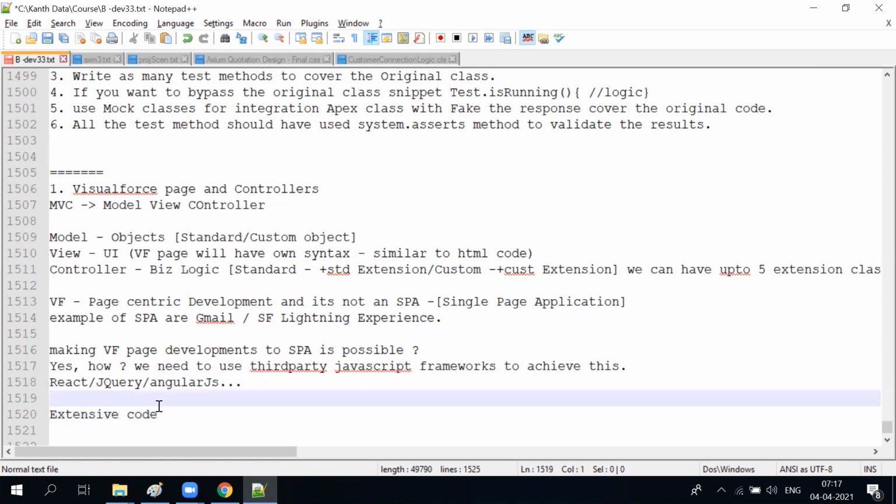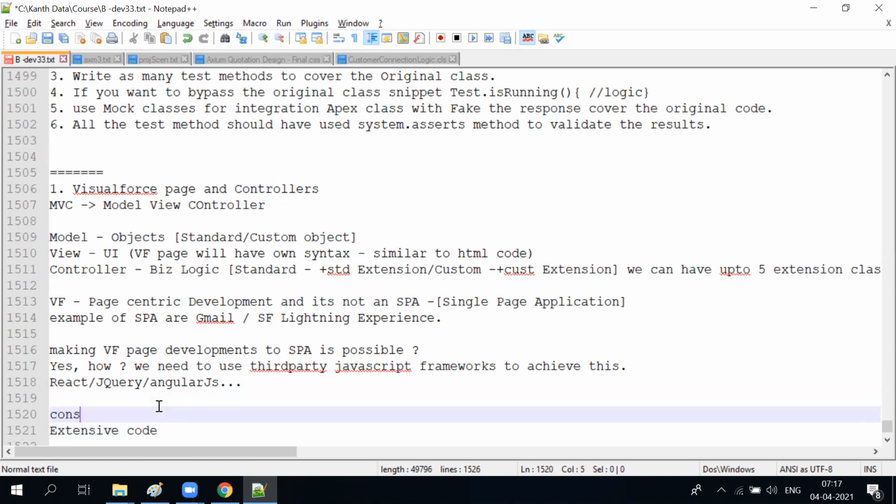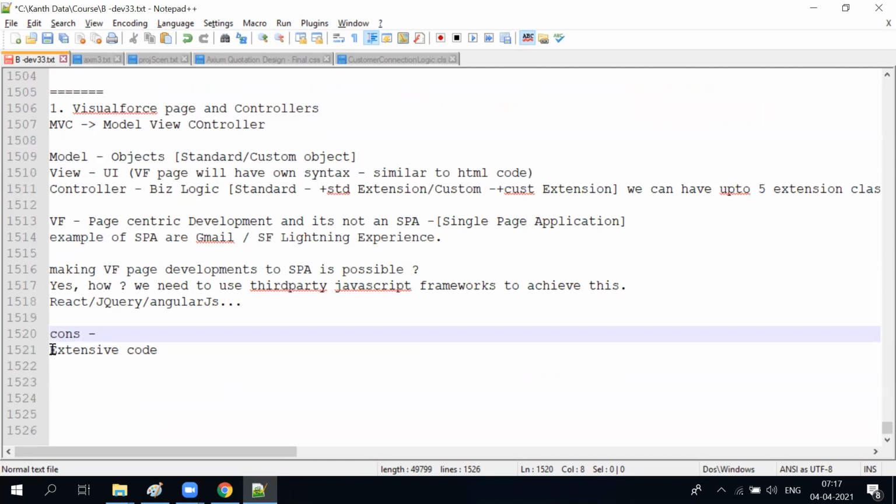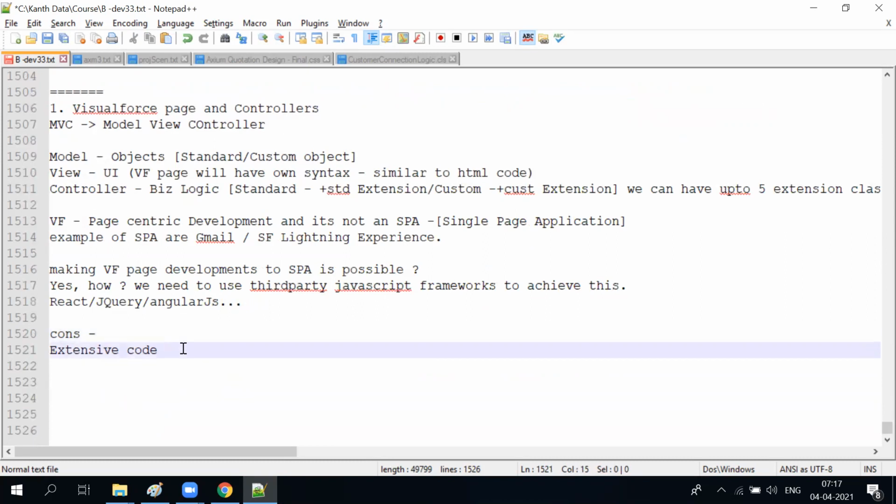Sorry, this is cons. Pros, of course: you try to have page to page connectivity, which is like the early type of web development. We had page to page development only, so SPA was very rare. So cons, I would say extensive code is required for this. And then